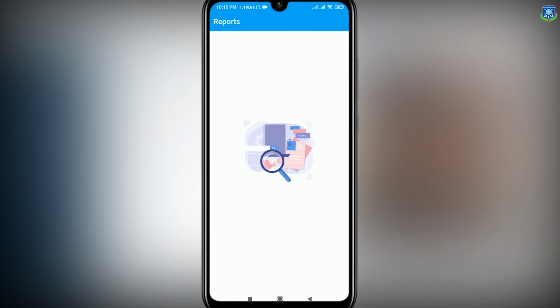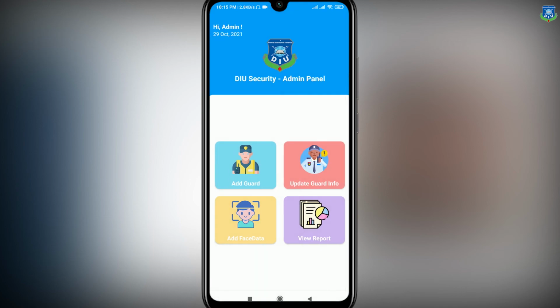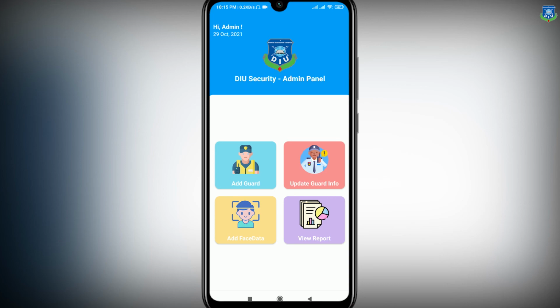If we delete the report, it will come with a nice animation that there is no report, and it will be searching for it. That's how our app is used. Thank you for watching our video. And you can see that we already used a Firebase database in our background. We already added that. So thank you and goodbye.